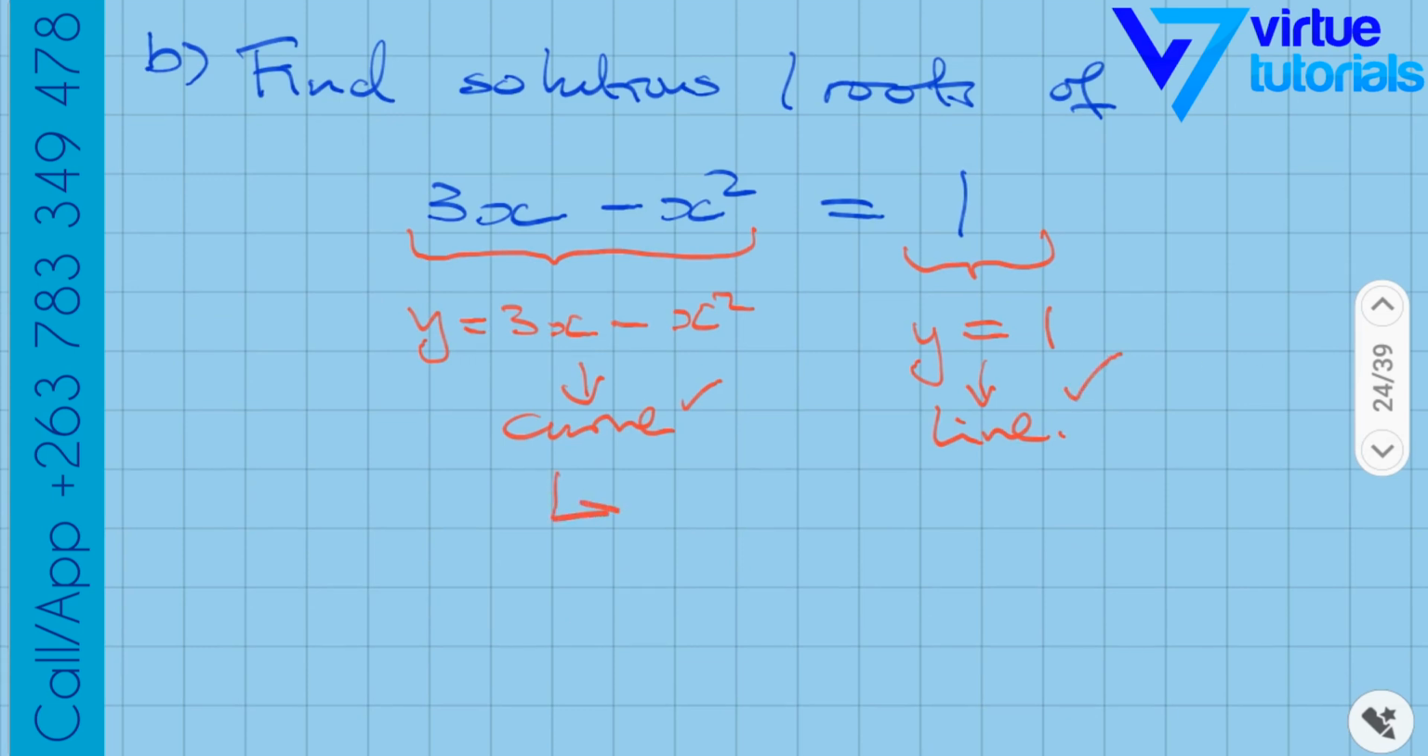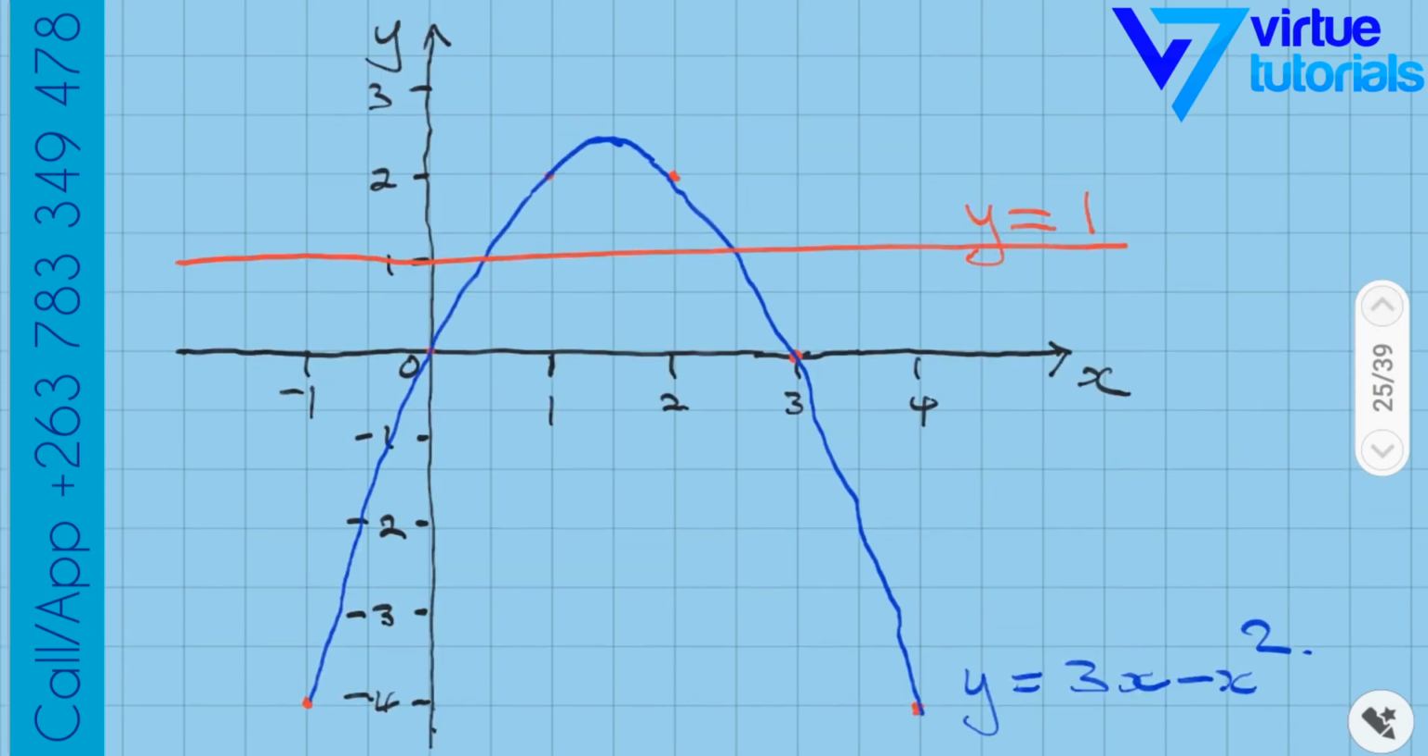The next thing is to check where they meet, right? Where does the curve cut the line y is equal to 1? So you can see that they cut each other there and there. So this is where they cut each other, right? If I've identified where they cut each other, I can move downwards,